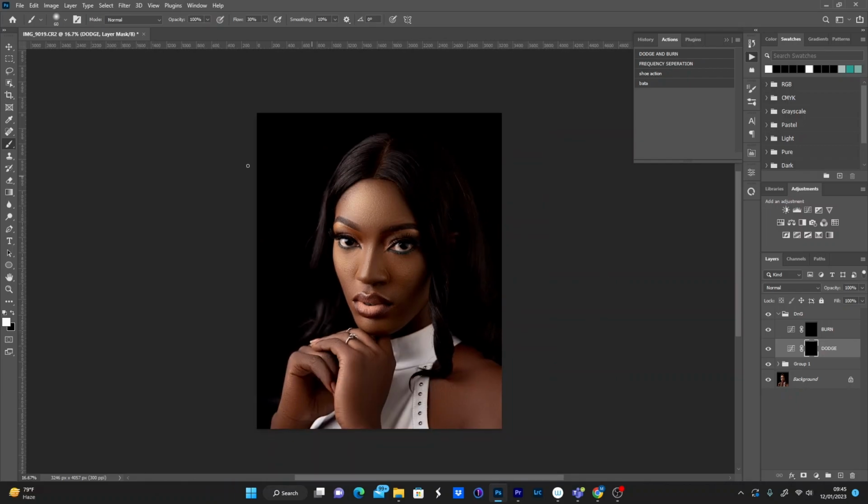Alright, so for this we'll be using a brush tool, with our opacity at 100 and our flow at 30. Sorry, we're taking it from 30 to 2%, just so we are able to build it up to our satisfaction, right? Basically, in dodge and burn, we dodge the highlights and we burn the contours. So we're going to dodge the highlighted part of the image right here